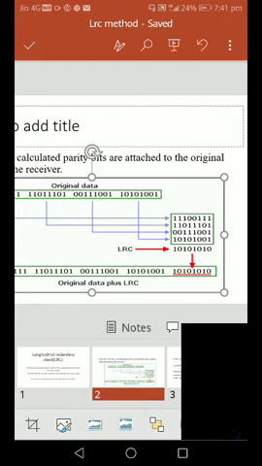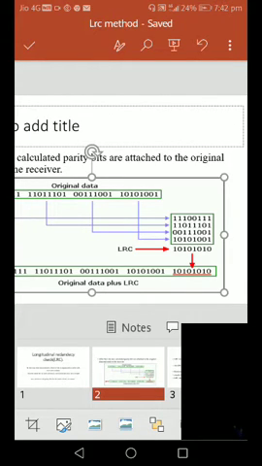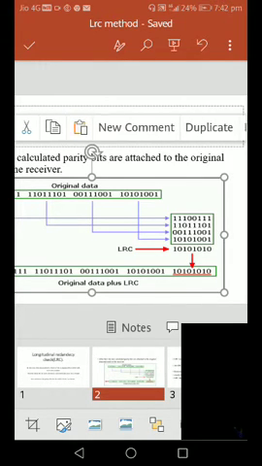We have to take the third column bits as 1 1 0 0, and the fourth row is taken. The fourth column is added as 0 plus 1 is equal to 1, 1 plus 1 is equal to 0, 0 plus 1 is equal to 1. Here the fourth bit position will be 1, and the fifth